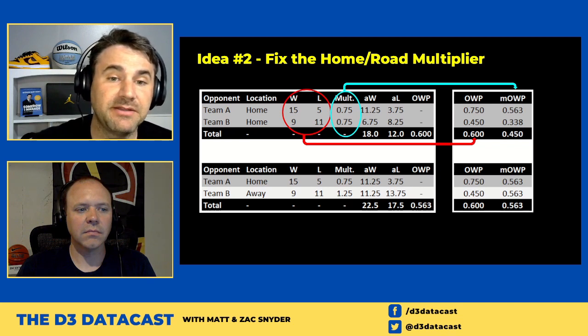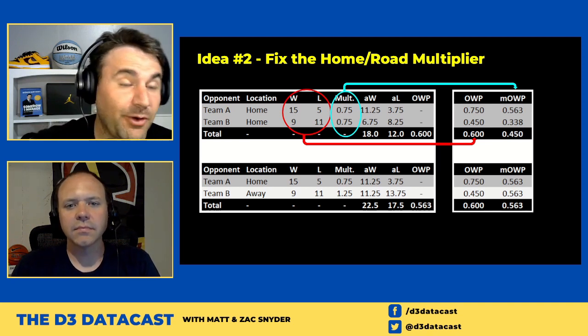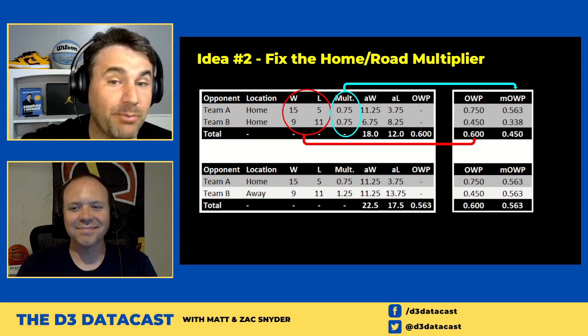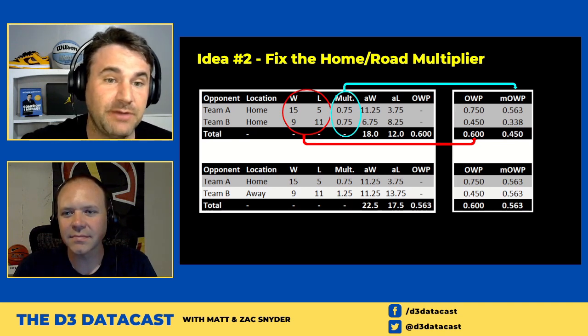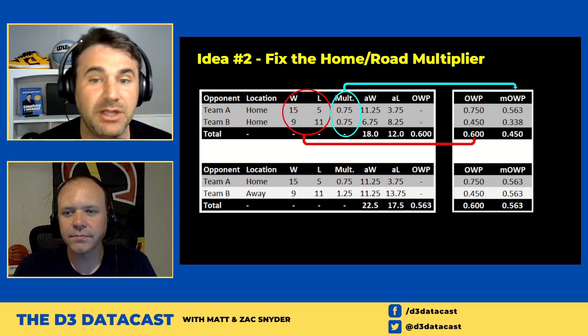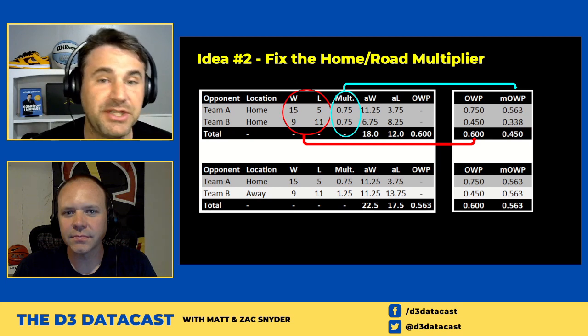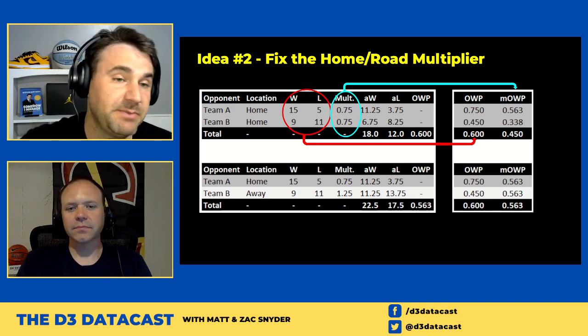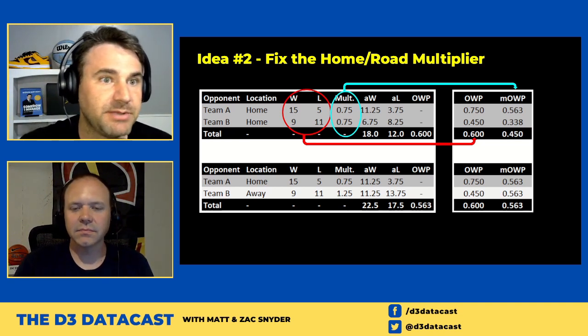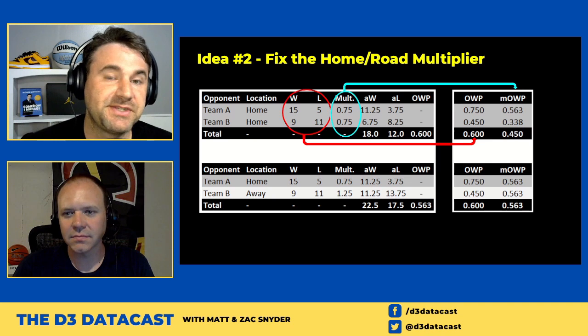We take the 450 OWP, we multiply by 1.25, and that becomes 563. Actually, both of those become 563 for the 15-5 home example and the 9-11 road example, and so your OWP stays at 563. You just average it down the board for each team. To me, that's an implementation that makes a lot more sense. So I think if we marry this implementation with the toned down multiplier, I think that would make this number